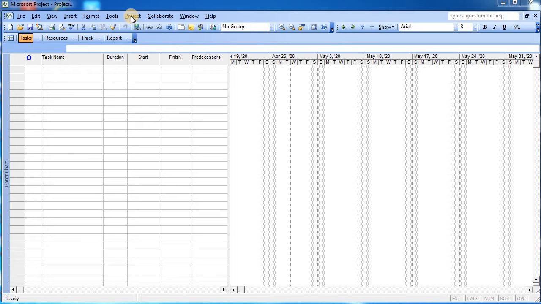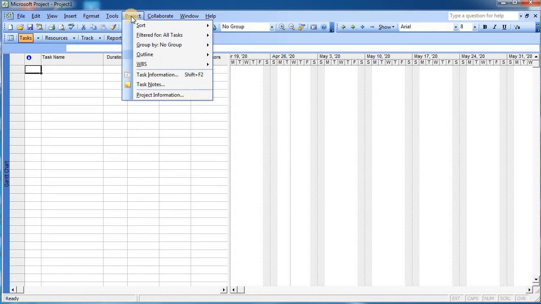Now how we will do it, and what is the necessity of changing the working calendar? Depending upon the geographical region or the policy of the company, the working days as well as the duration differ. So this difference we need to apply to the particular project related to that company. This is necessary because by default the calendar present over here has a 5-day working schedule, from Monday to Friday, as well as the duration.